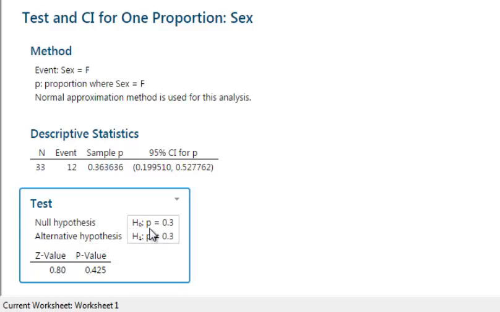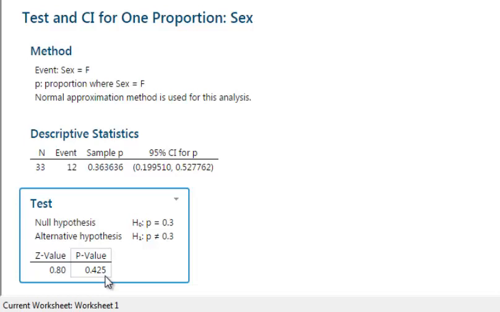Your null hypothesis is that the proportion of females is 0.3, and the z value is 0.8. In this case we will just spend a minute or two to interpret this, and your p value is 0.3445. Remember, always compare your p value with your alpha, as your alpha is 0.05 here and your p value is greater than alpha.